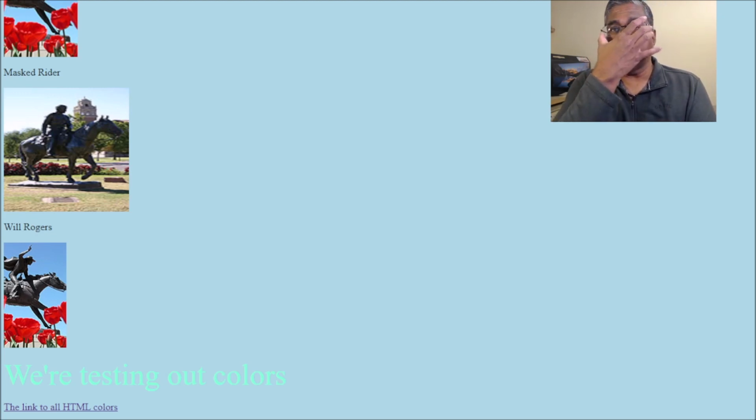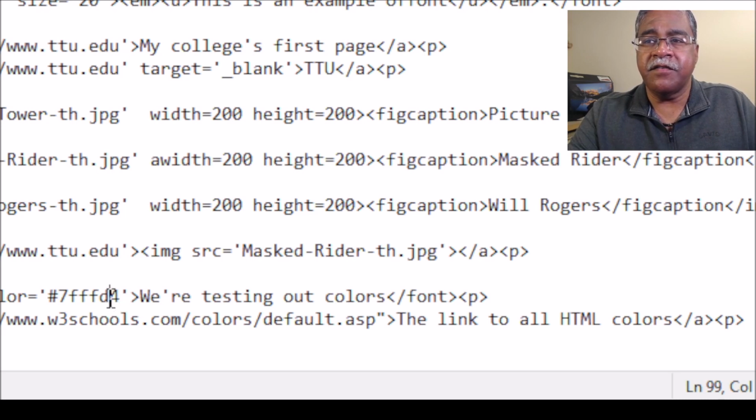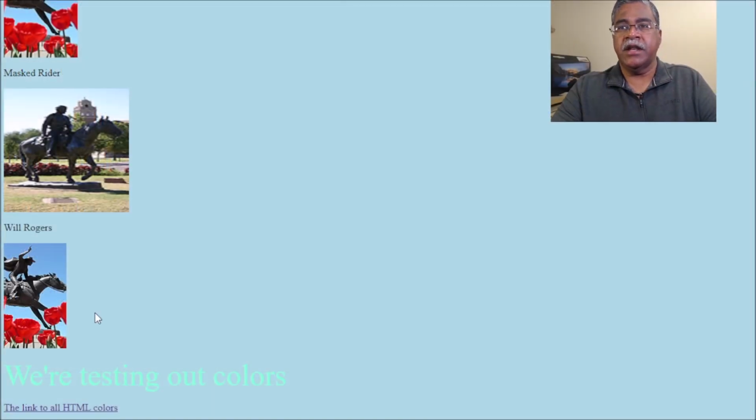Which means that rather than put the value aquamarine, I'm going to put in the code for it, and that code is 7FFFD4, which is the code for aquamarine. So now we can see these subtle changes. For example, if we add FFFFD7 and save it, and we go to our internet site, now you'll see that the color has changed, but very, very slightly, not much of a change. Now, that's the really crucial part